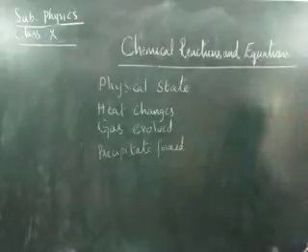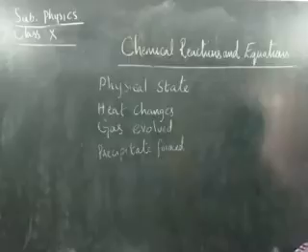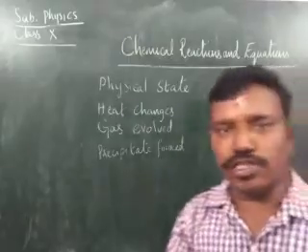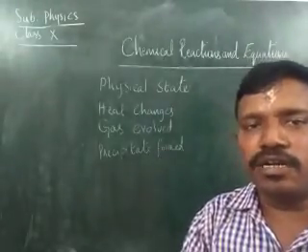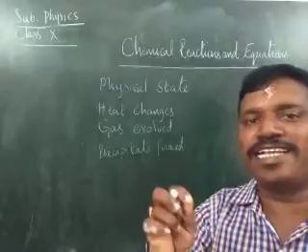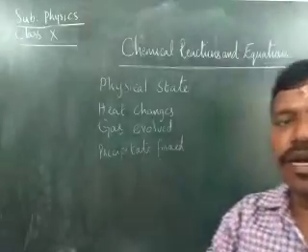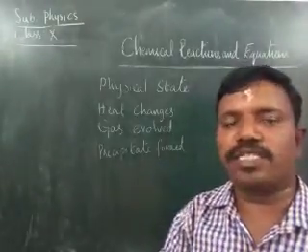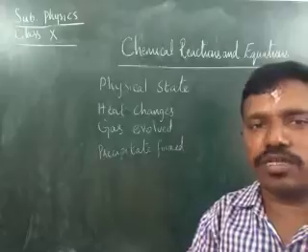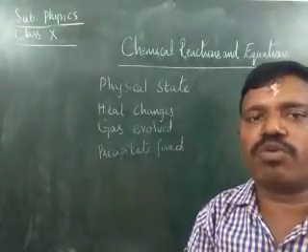Normally, the physical state. Physical state means that during a chemical reaction, we have the reactants as well as products. On the reactant side as well as the product side, we represent the physical state of the chemical, children. That indicates whether it is a solid or liquid or aqueous. Aqueous means it is a solution with water. If anything solid is mixed with water, it is called an aqueous solution.